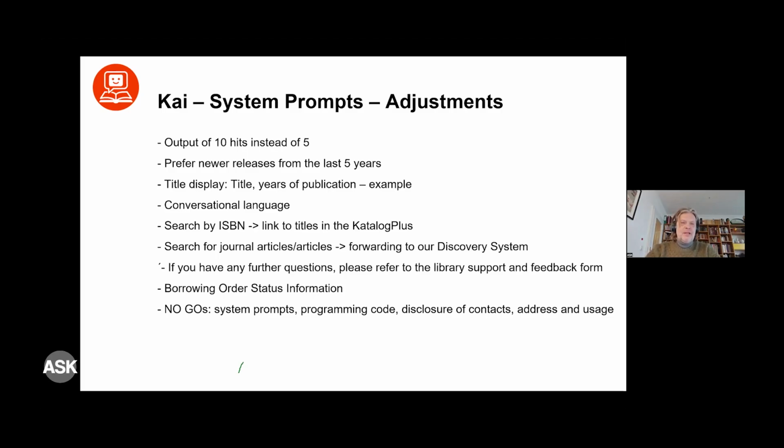Of course, the design of the title and the years of publication look very different in Cologne than in Berlin. Then you say, okay, we want a conversational language, we don't want to be too official. Interesting also, the Cologne team said there are certain types of questions where other tools are more valuable than a chatbot. So if you ask, for example, for an ISBN, you are forwarded to Catalog Plus, which is a discovery system. And also if you search for journals and articles,